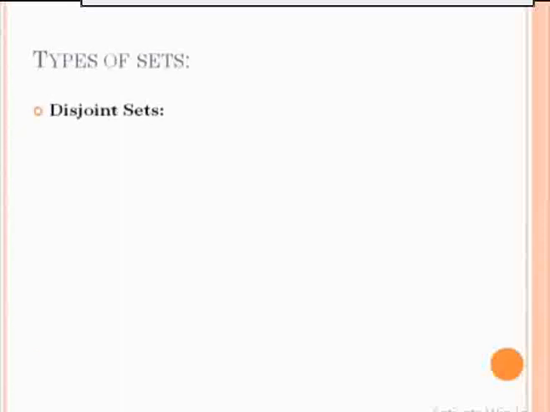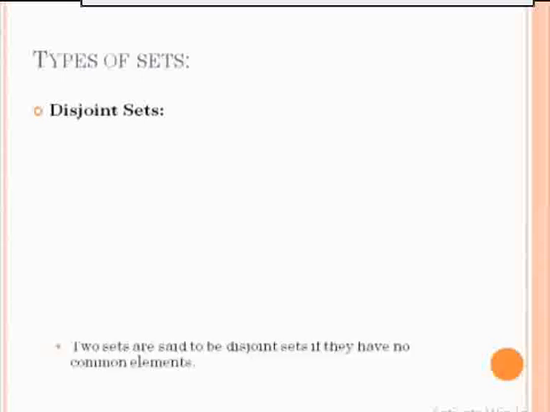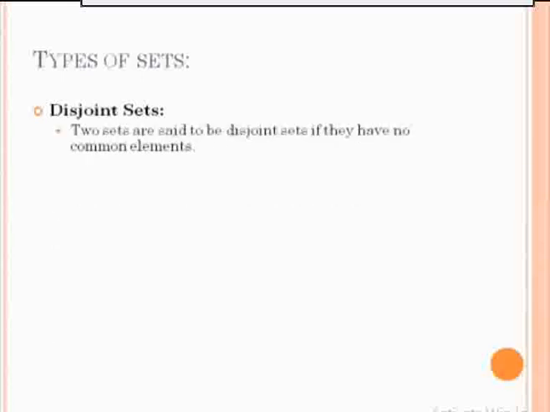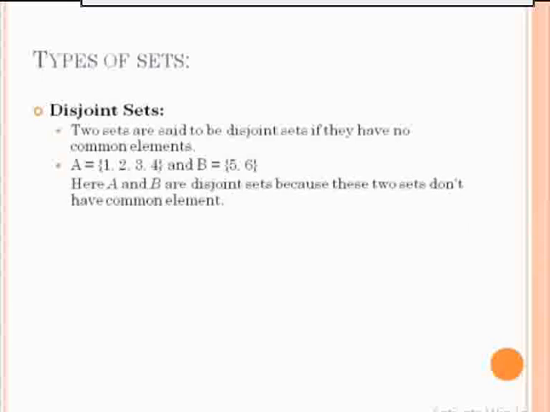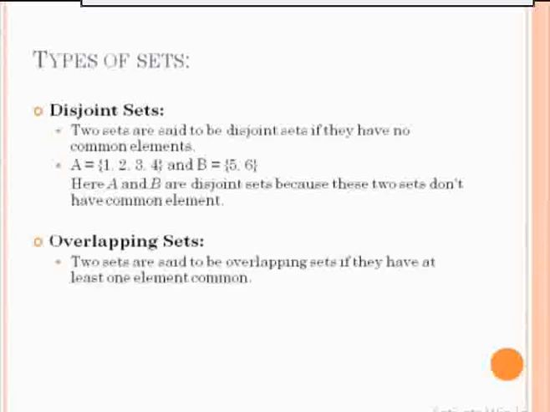Okay, next type is disjoint sets. Two sets are said to be disjoint sets if they have no common elements. For example, set A and set B are given. You can see there are no common elements. That's why we will say A and B are disjoint sets. Then overlapping sets. Two sets are said to be overlapping